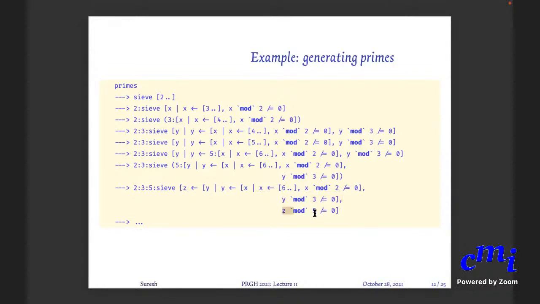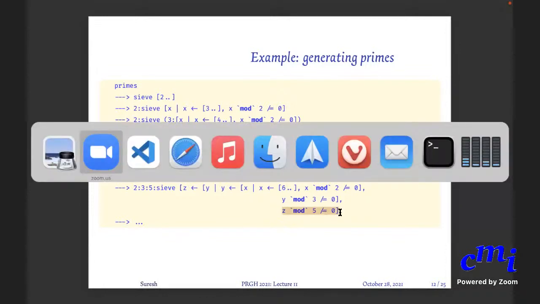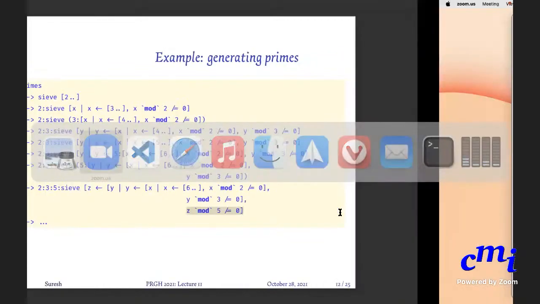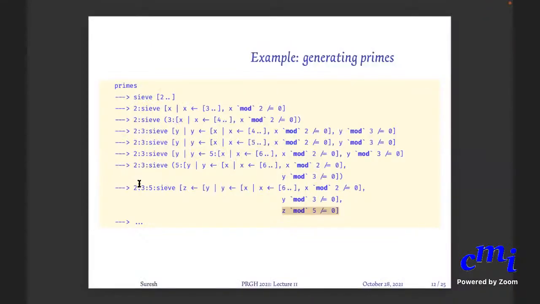So actually Haskell does all the hard work for you. If you are to do it in another language, you will have to write your own loops and then try to do this divisibility test one after the other. But Haskell allows you to very simply do all this. And we also saw examples of how, if you say I only want the first 100 primes, it will repeat this procedure as long as it produces 100 elements instead of 3, and then it will stop at that point. And it will give you whatever you wanted.